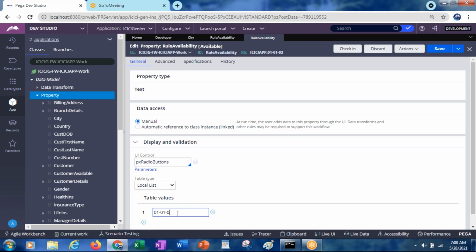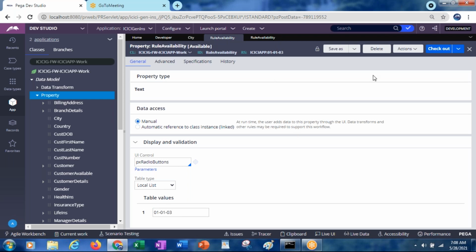So here I am giving 010102, and the table values also 010102. Now the rule set 2 version is referring to 010102, and the rule set 3 version is referring to 010103.